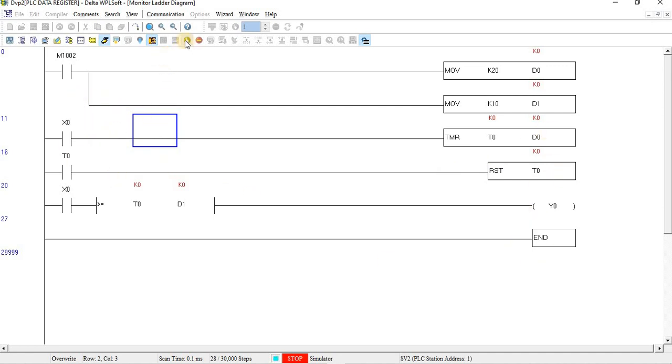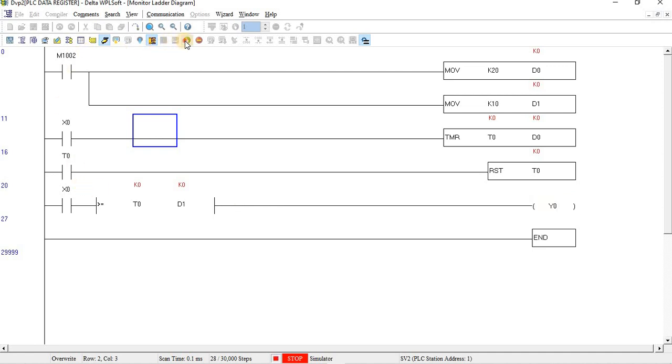But as soon as I press run, what will happen? This contact will get activated for one scan time only. My scan time is now 0.1 millisecond. So it will get activated and it will move 20 to D0. So my D0 will be updated with 20 and D1 will be updated with 10. So here I am comparing. My comparator block will compare the value and it will make my output blink for 1 second on, 1 second off, right?